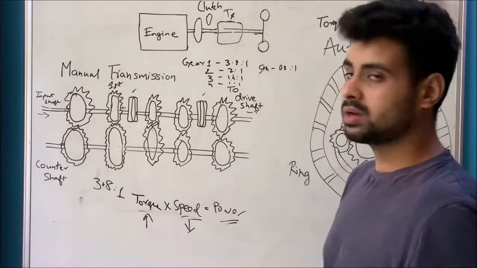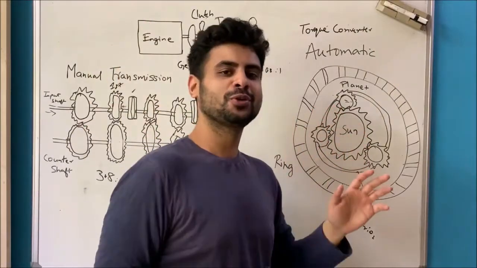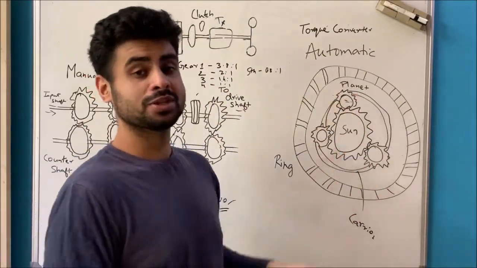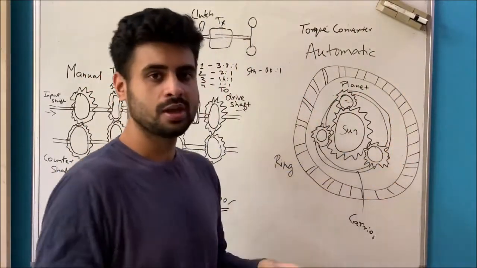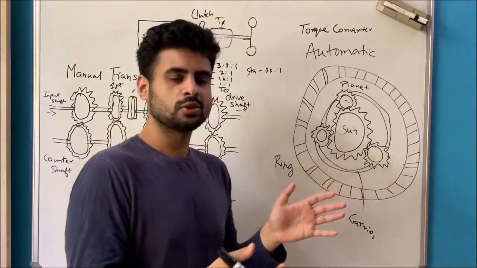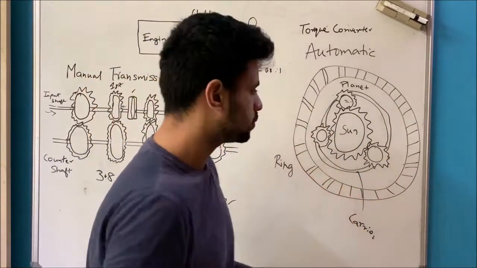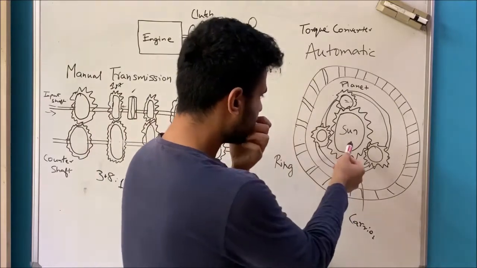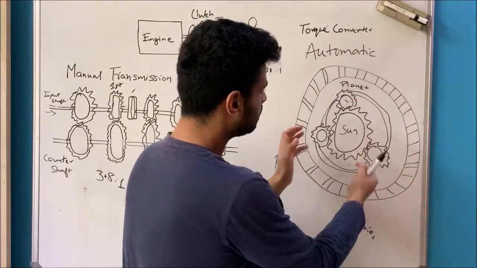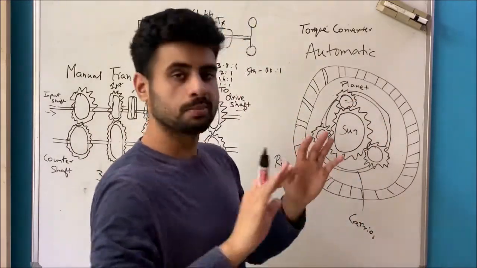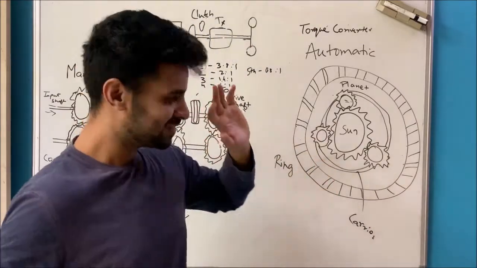for different torque requirements. But wait, just before you go, let's just do a quick brief explanation of how automatic transmission works. It works on the basis of a planetary gear system. So this is it. We've got the sun gear in the middle, surrounded by planetary gears. I swear I'm not talking astronomy. This is how it works.